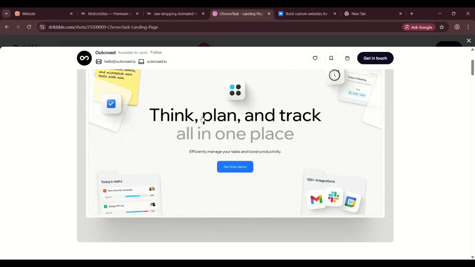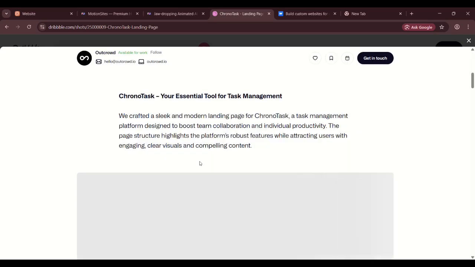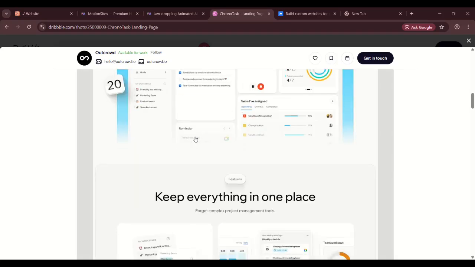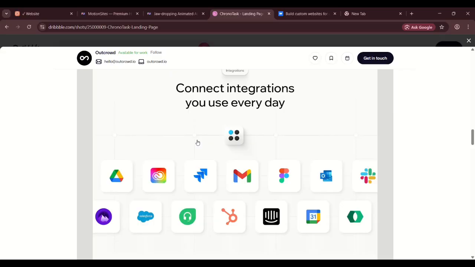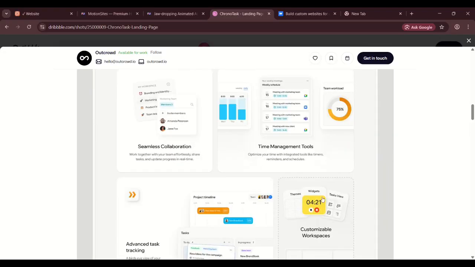There are a few designs, for example this. If you want to add something like this on your website banner or on any of your pages, you can just take a screenshot. So for example this is something I like, so I'll take the screenshot